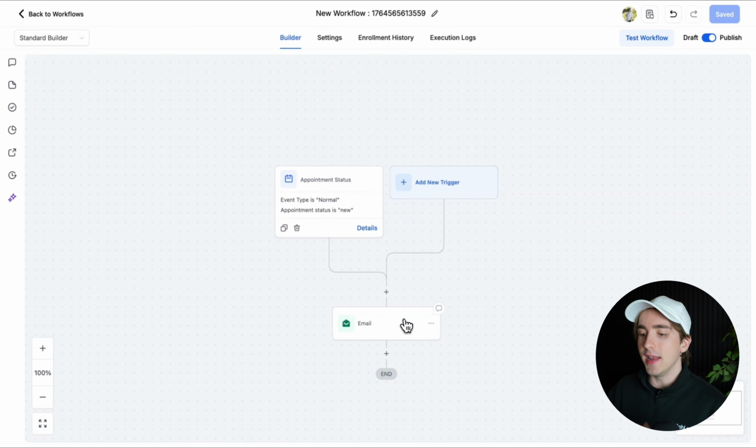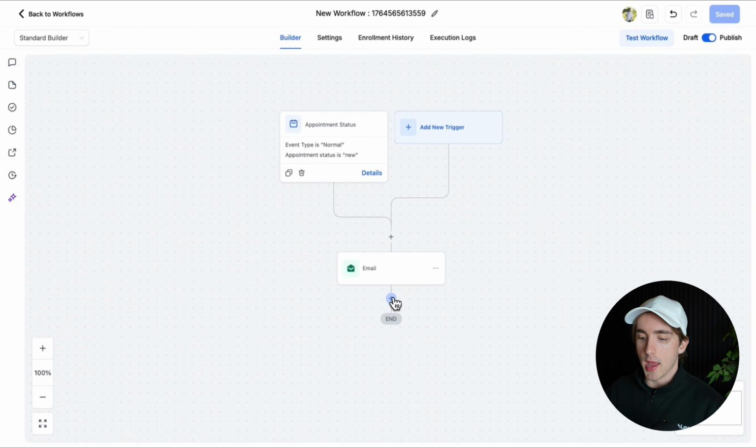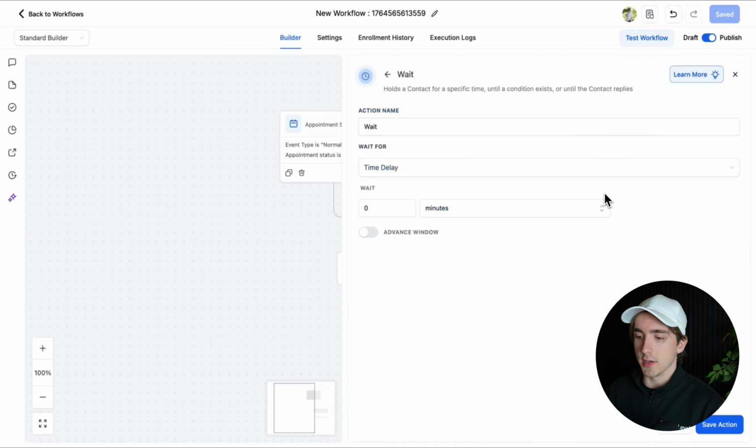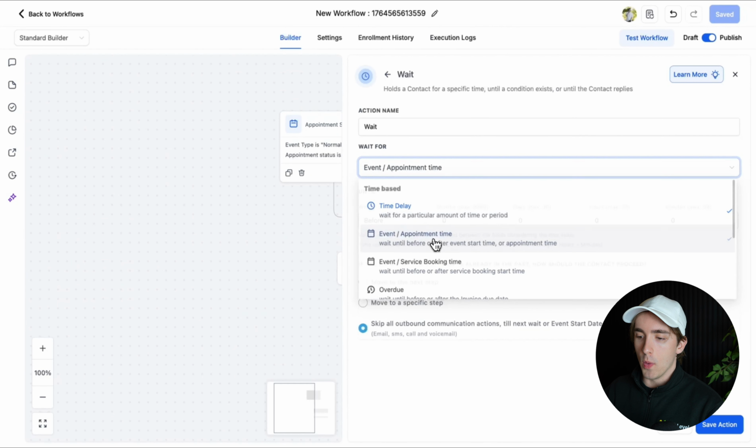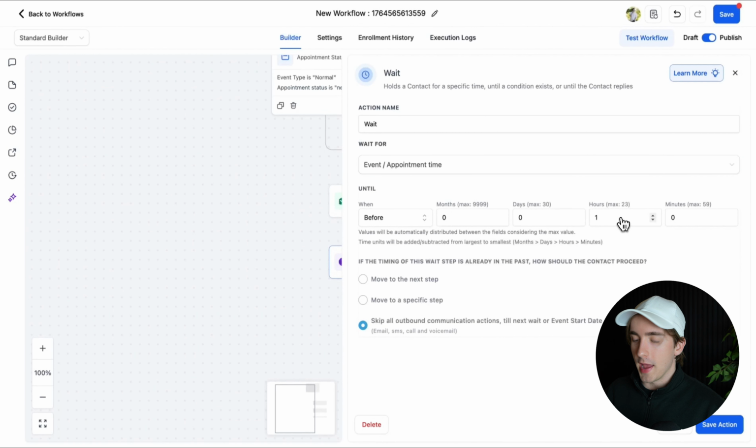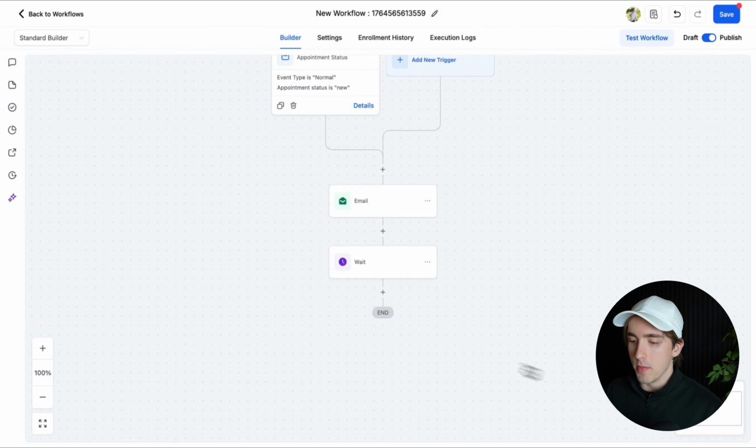So we can then take this to another level, especially if we have lots of appointments and we want to cancel the ones that don't confirm. We can do a wait timer for this specific scenario. Add in a wait until appointment. So now that we have our wait timer for 1 hour before the appointment, then we can have a separate workflow